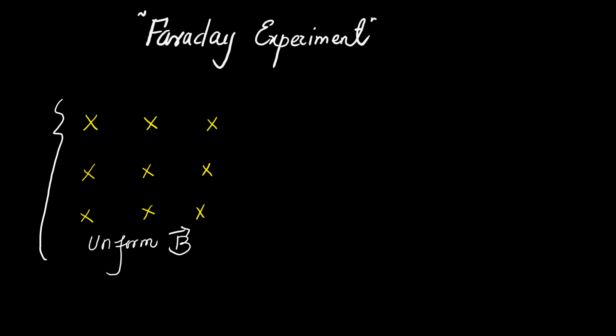The cross symbol basically indicates the inward direction of the magnetic field lines. Faraday placed a conducting coil inside the magnetic field lines,